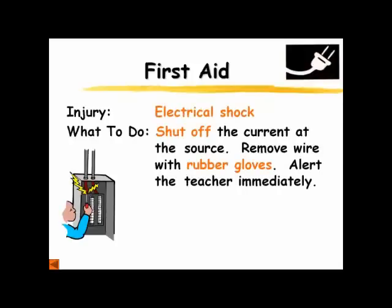If someone gets an electric shock, you want to shut off the current at the source, okay? And make sure that your hands are dry when you're touching the electrical panel, and alert the teacher immediately. Usually if there's an electrical shock, the ground fault breaker will go, and that's probably not going to be